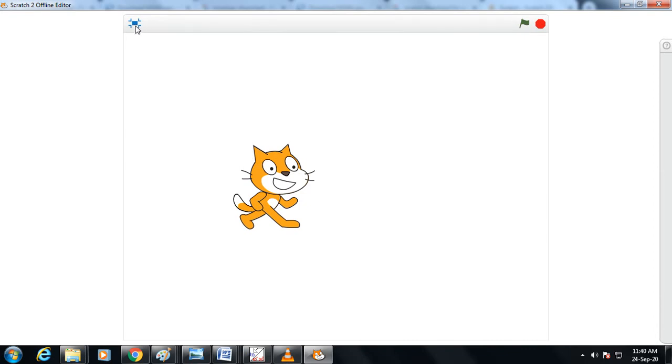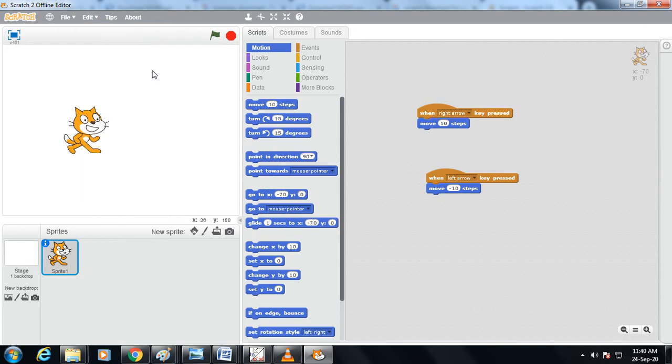So again, we want to go back to our coding space. Just click over here. We have come over here. Today we have learned two things, that is motion and events. Motion means how your character will be moved, how many steps it will move. See, here are 10 steps. You can increase the steps.